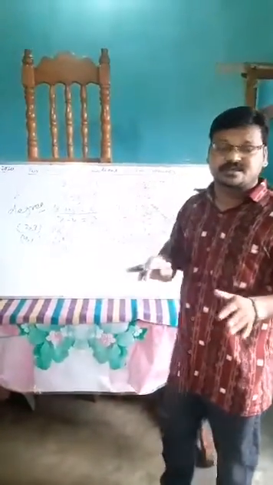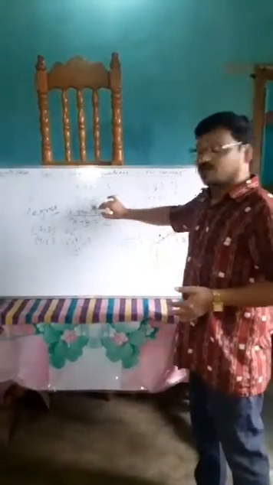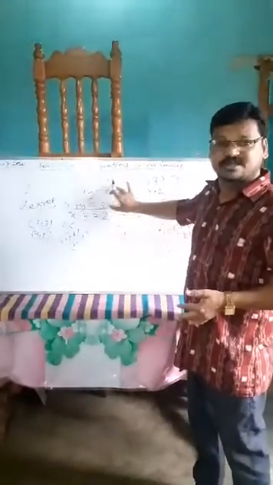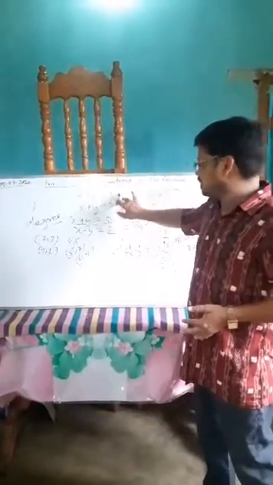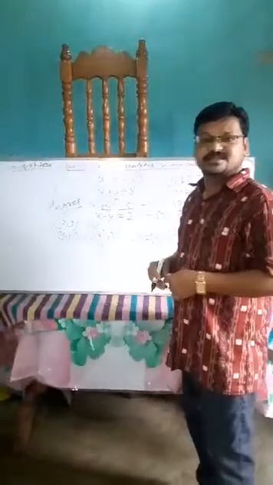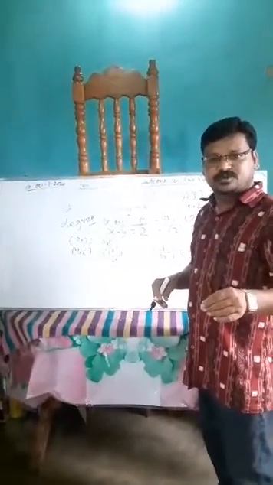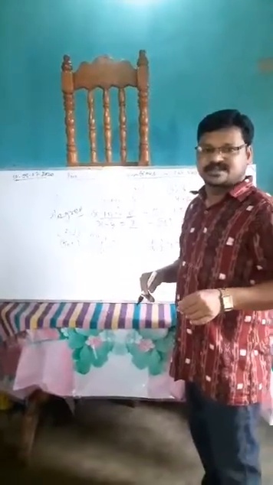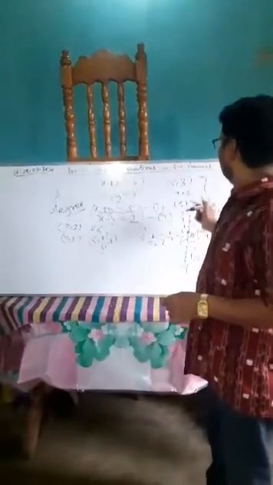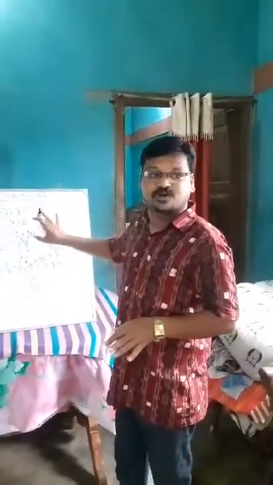It may be in the variables x and y. Here we have taken x and y as the variables. When it is represented graphically, it forms a straight line. A linear equation or a linear polynomial always forms a straight line, so a pair of linear equations, when represented graphically, forms straight lines.